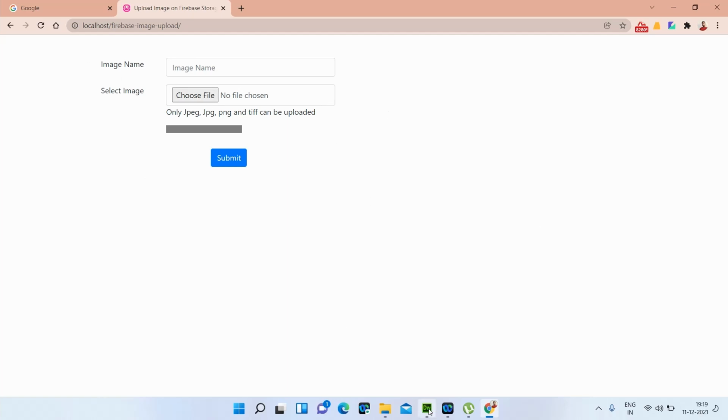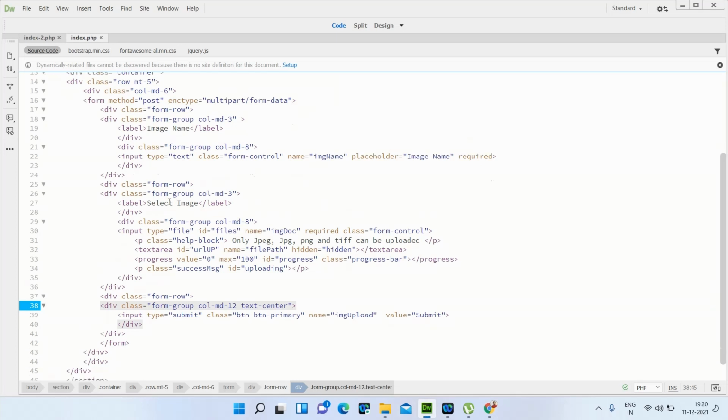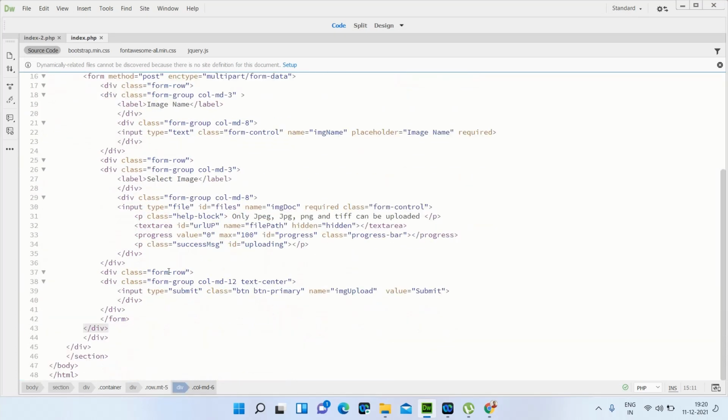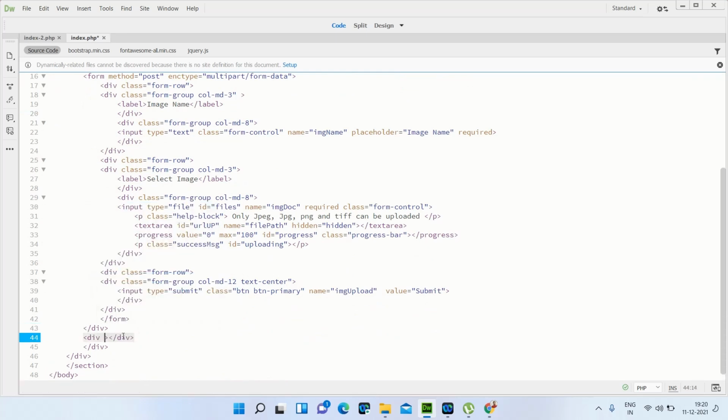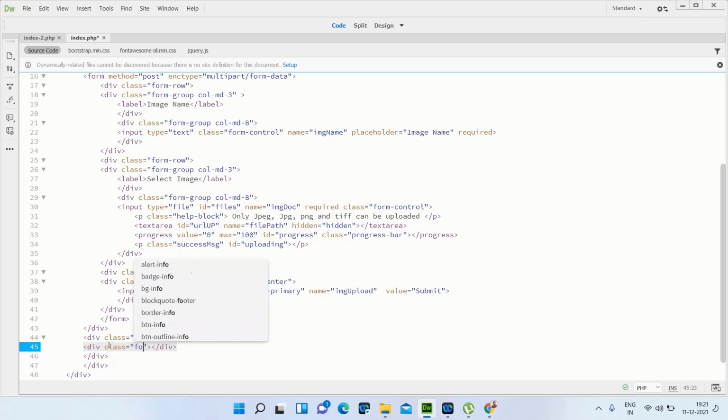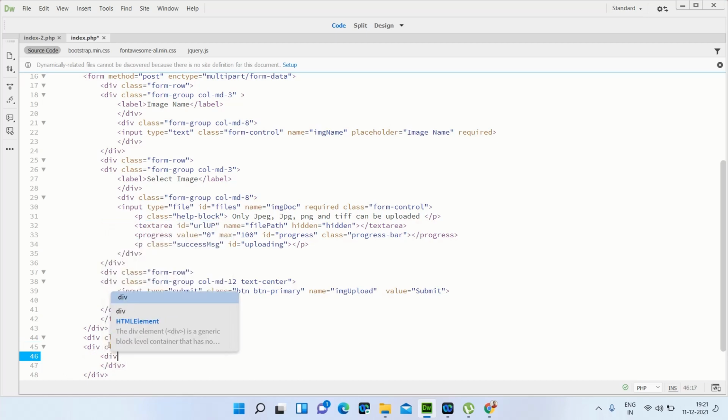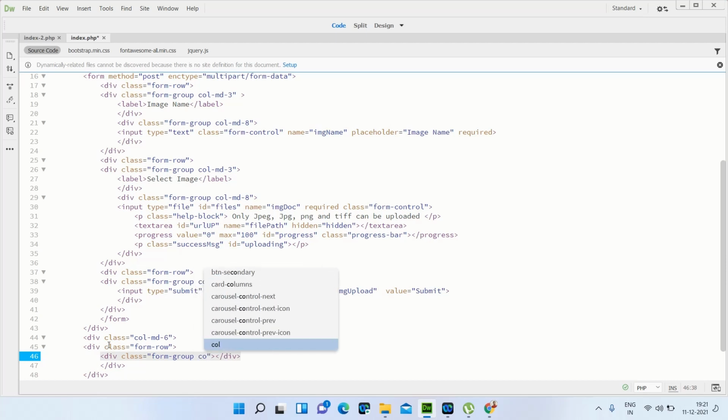So for creating the upload button we have to create one more div. So here the div is closed. After that we have to create one more div and assign a class as form-row, and after that we need to create one more div, and in this call col-md-2.